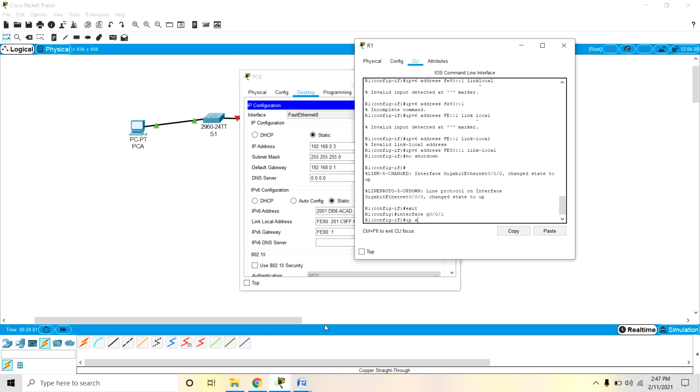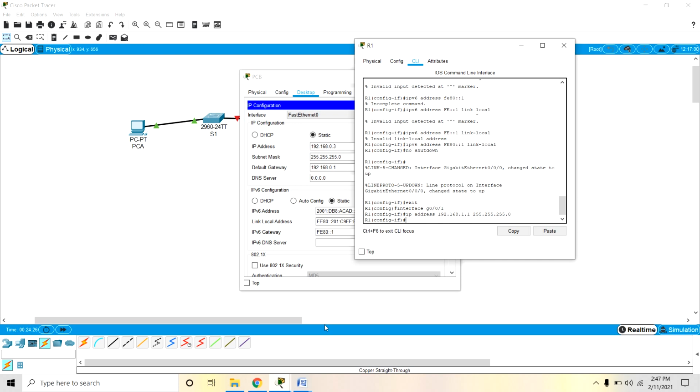We will give the IP address 192.168.1.1 and assign the subnet mask 255.255.255.0. It's okay.